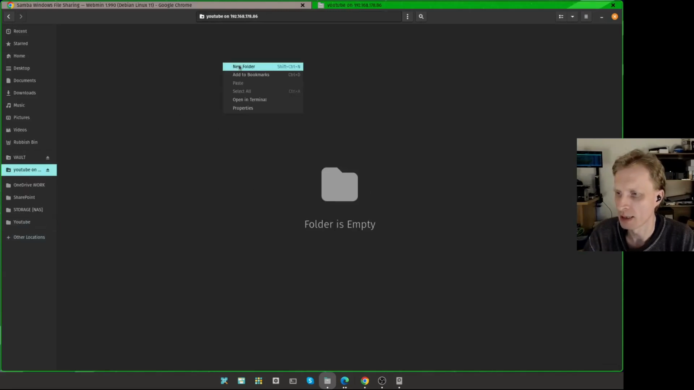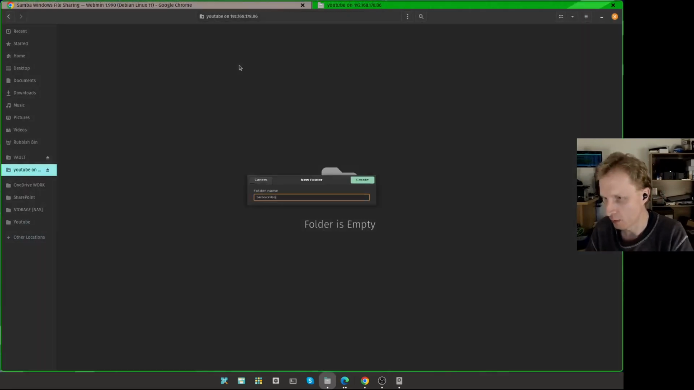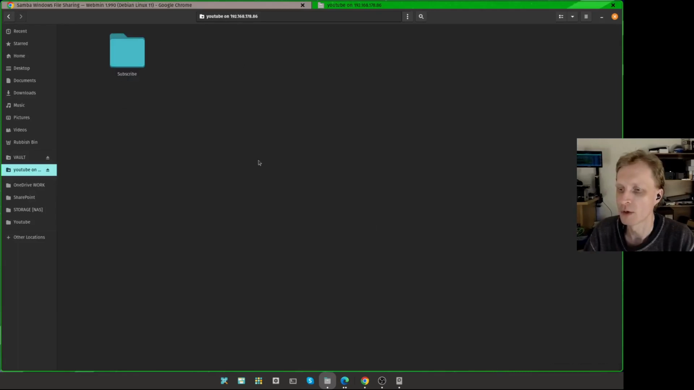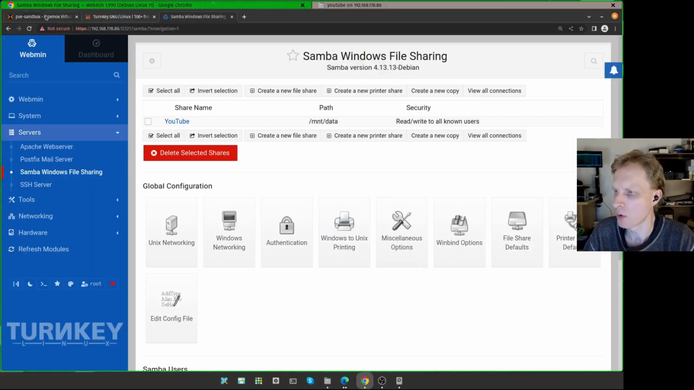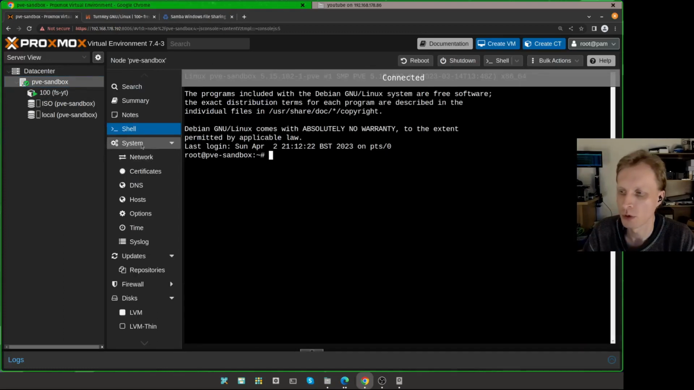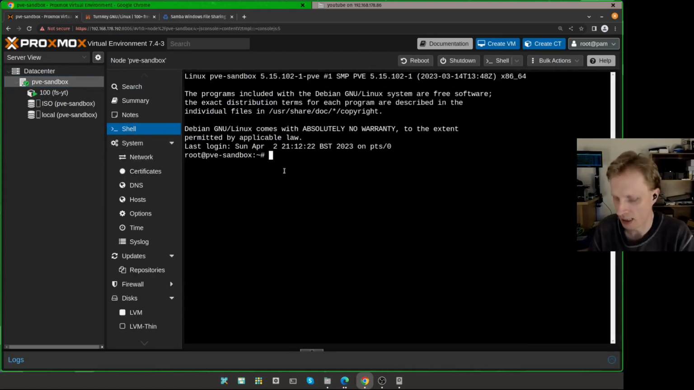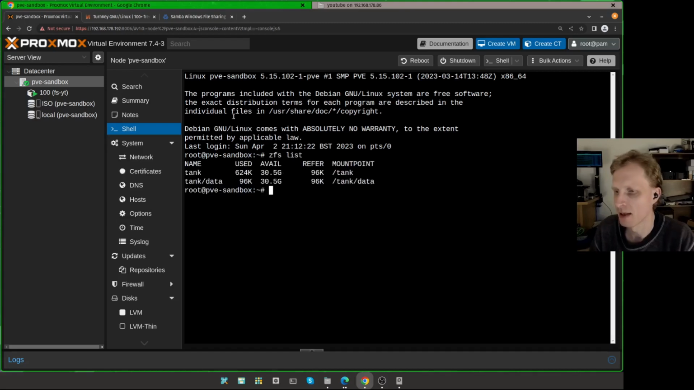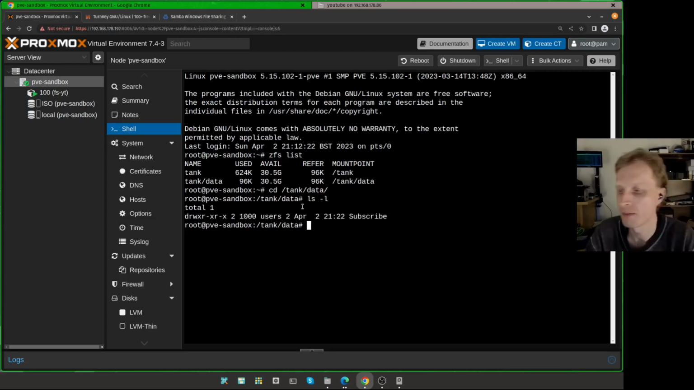If I double click in this and create a folder, let's say subscribe, you can see the folder is created inside. If I go back inside my Proxmox system, click on the Proxmox node, then on shell, and in here if I put ZFS list, these are my datasets and my pool and dataset. Now if I navigate into the location tank data and do a list, here you go,